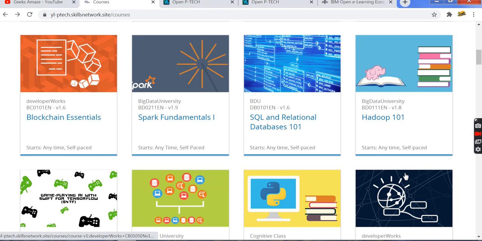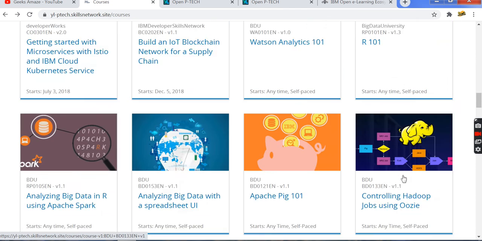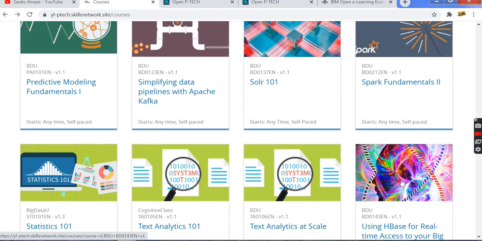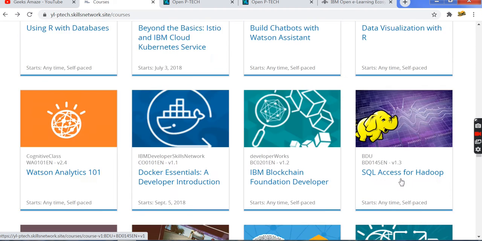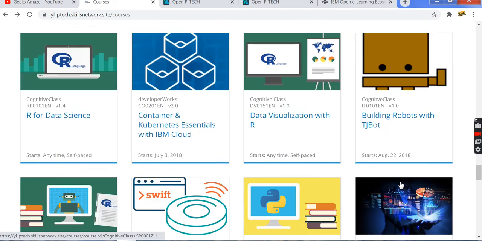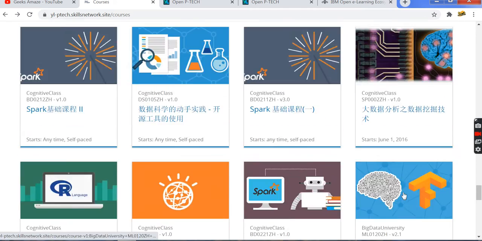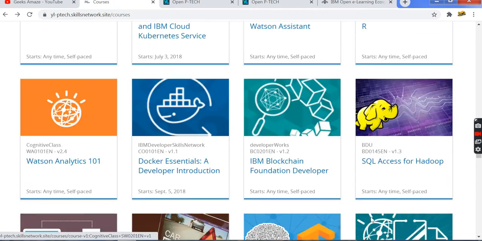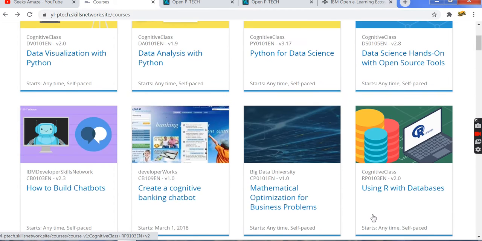So these are the platforms of IBM, and IBM has collaborated with other platforms to provide courses. After completing these courses, you will get a certification and badges from IBM. You can enroll in as many courses as you want. I am showing one course and how to enroll.